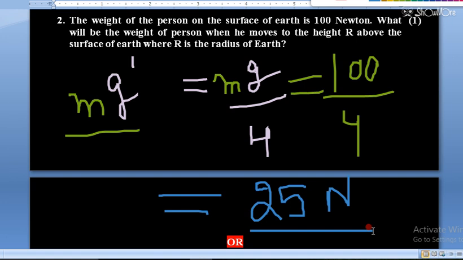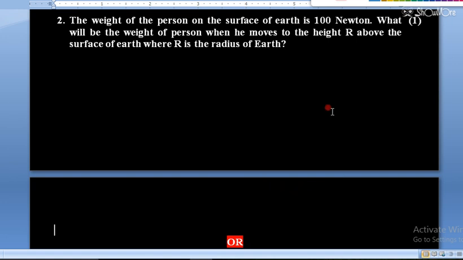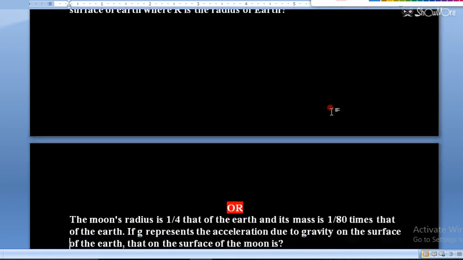If anyone is having a problem or a doubt, then he or she can please ask. So we are solving the questions, and 2 questions we have done. Side by side we will discuss all the questions. So 2 questions, any doubt? Okay, so now we are going to the internal choice question.